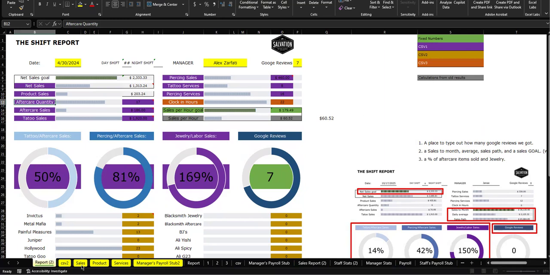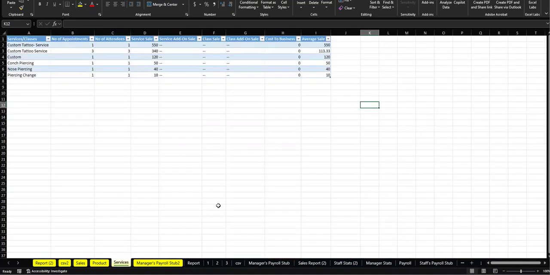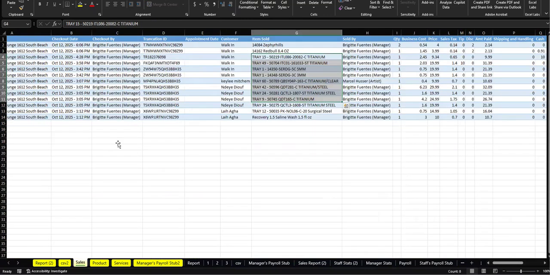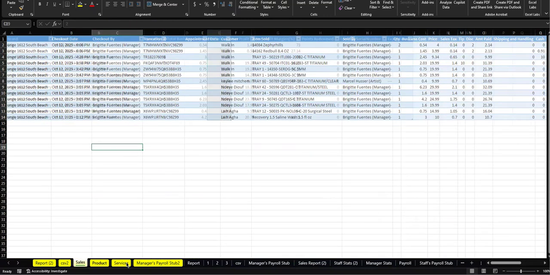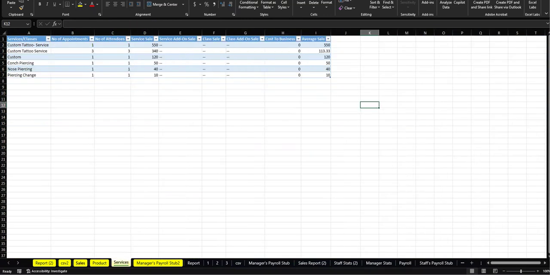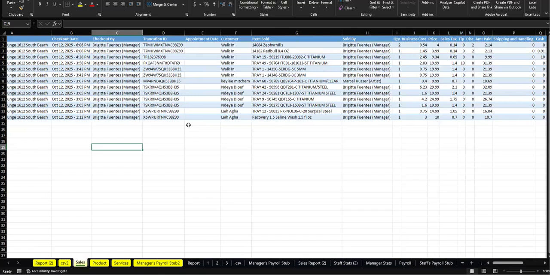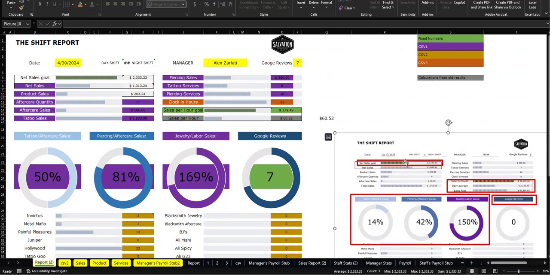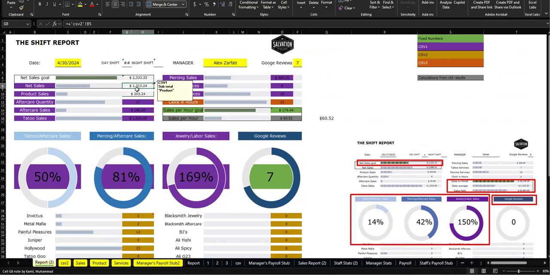So with the available data, I have tried to build the same setup so that we can build a new report. So sales data, product data, service. I'm using the in-house sales data because the other sales data has only one less column. This is exactly the same. So the metrics I was able to pull is net sales goal, which is in your highlight as well. It doesn't matter because this is a fixed value. Then I am able to pull the total number from the sales part,